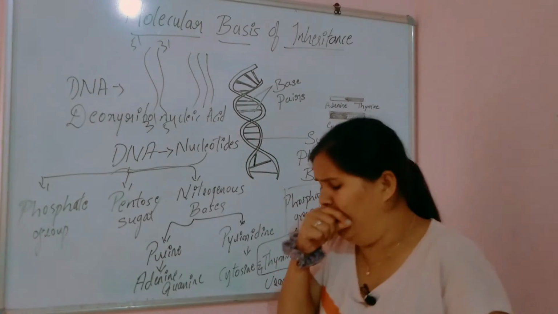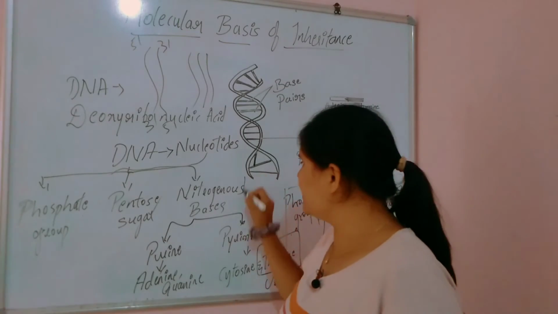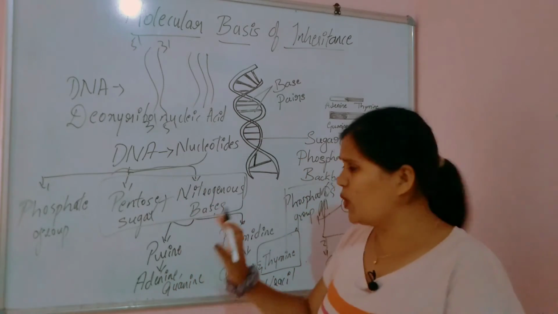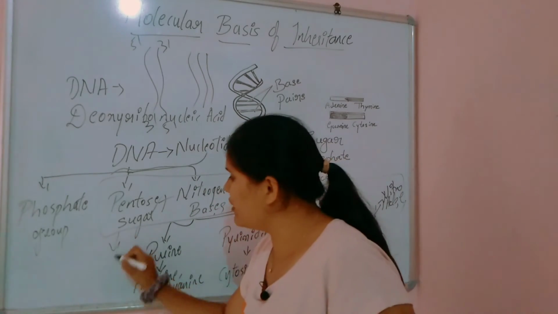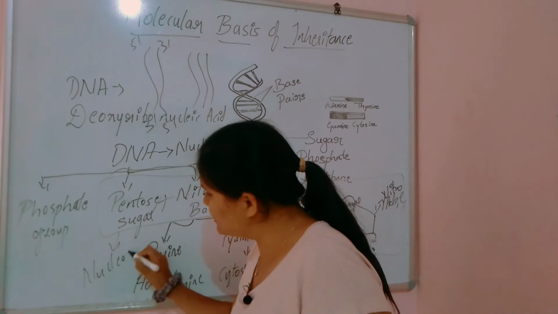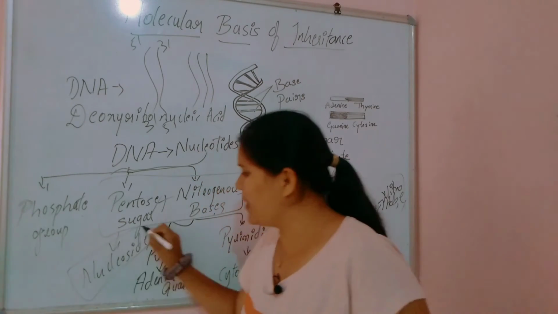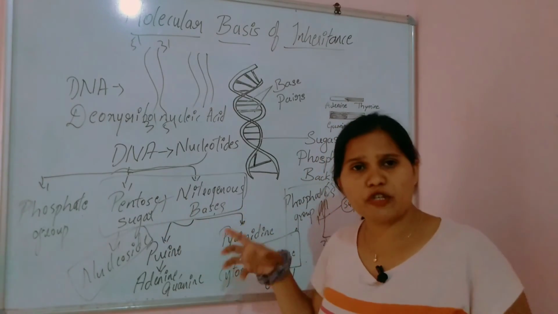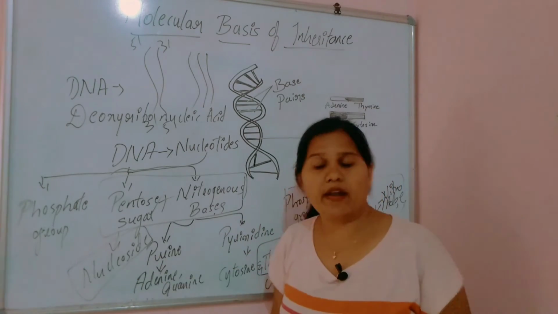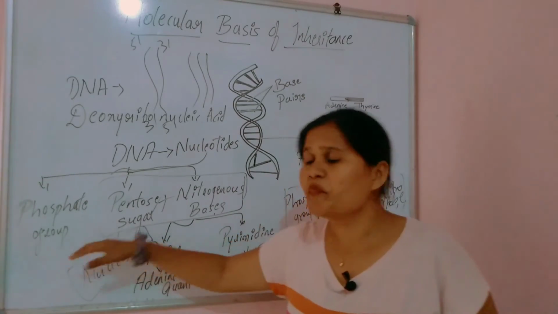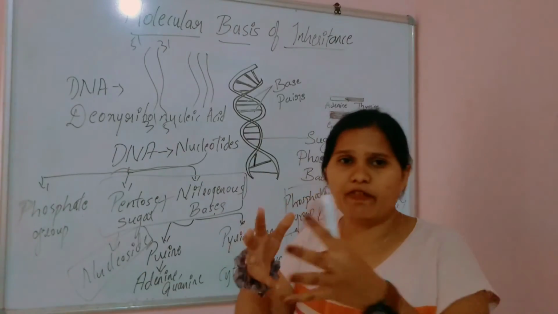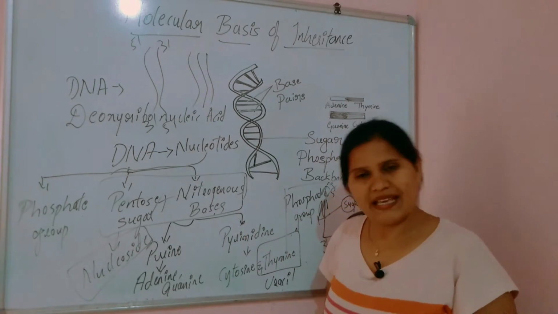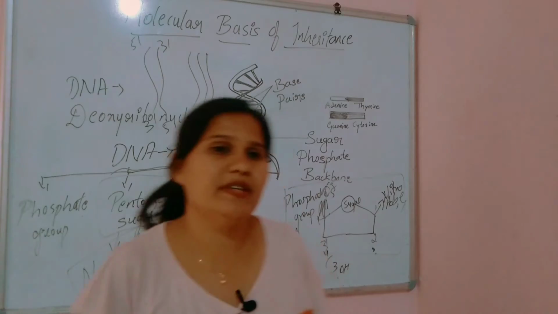And also, can you see here, only the nitrogen base and the pentose sugar combine, and they will form the what? Nucleoside. This may be asked in your board exams, okay? Where the pentose sugar and nitrogen base combine and form the nucleoside. This nucleoside will react with the phosphate group and form the nucleotide. Got? So these nucleotides will form this DNA. Is this clear? So this is all about the structure of DNA.